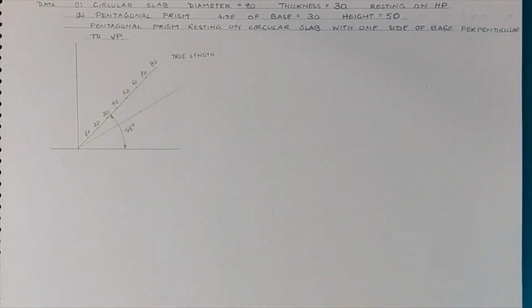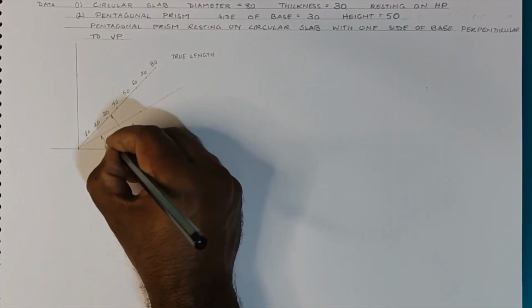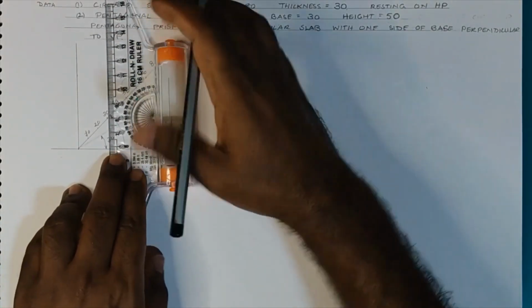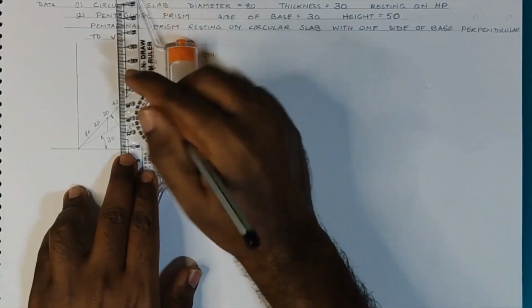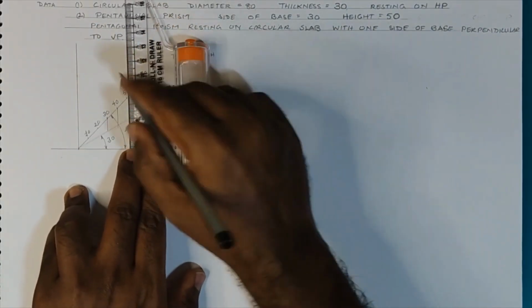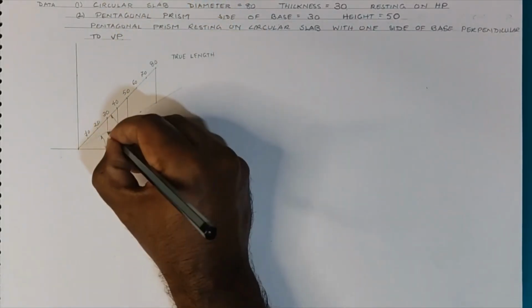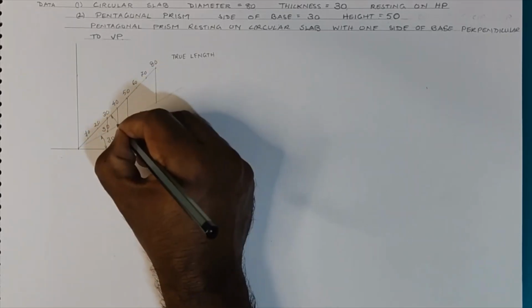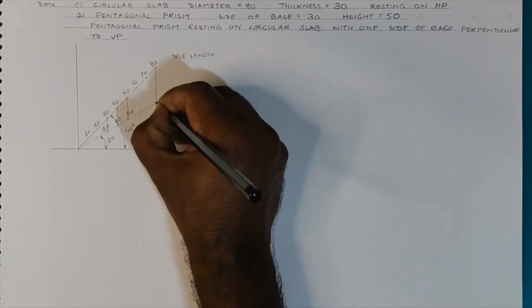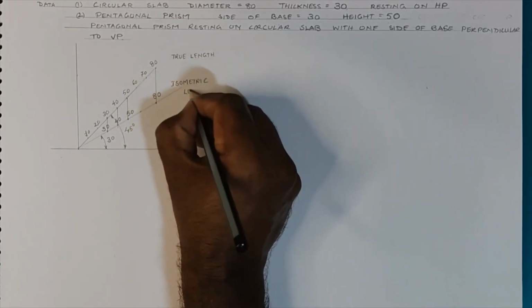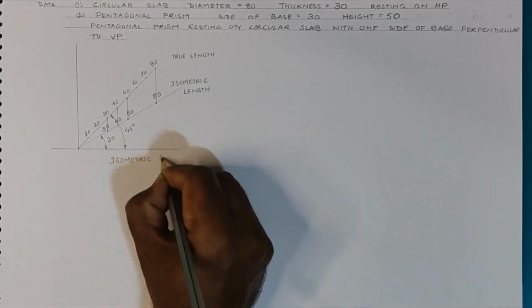Now these lengths I am taking on line inclined at 45 degrees. The lower line, which is inclined at 30 degrees, represents the isometric length line on which I'll be dropping verticals through points 30, 40, 50 and 80, which I would be using for construction purposes. The other lengths I am not requiring, so I am not marking or dropping perpendiculars to other points. So these are the isometric lengths that I would be using, and this is the isometric scale.